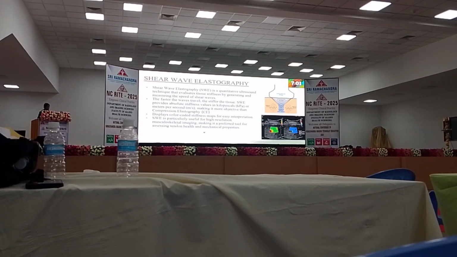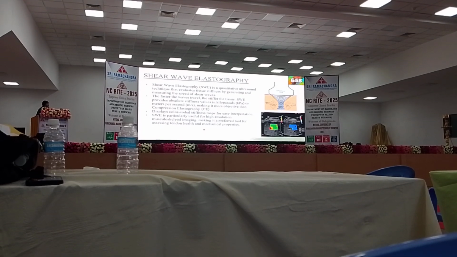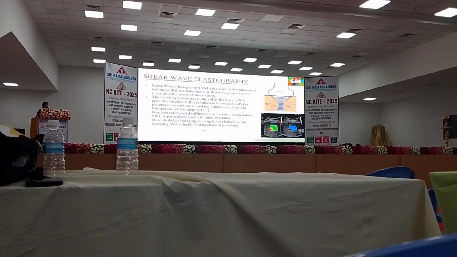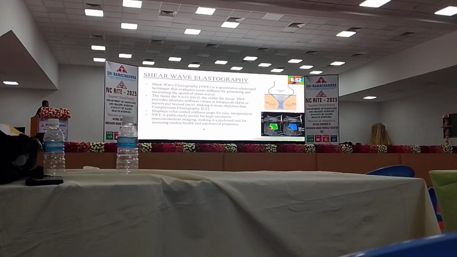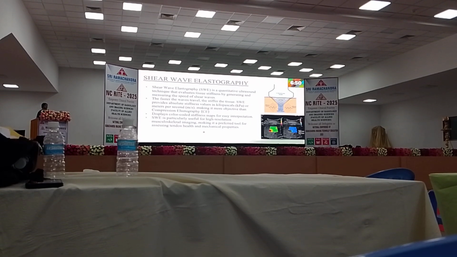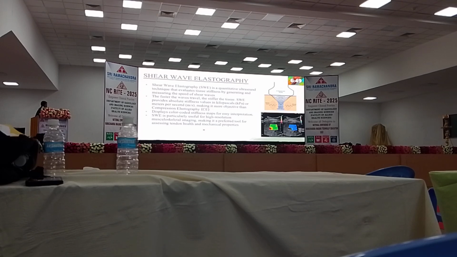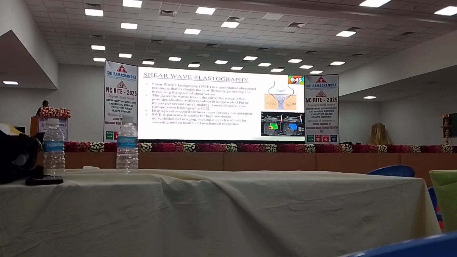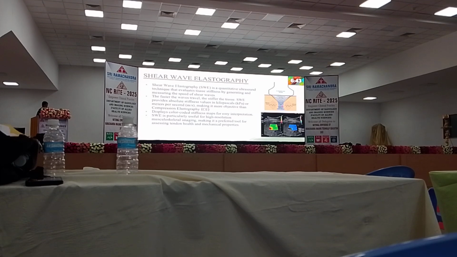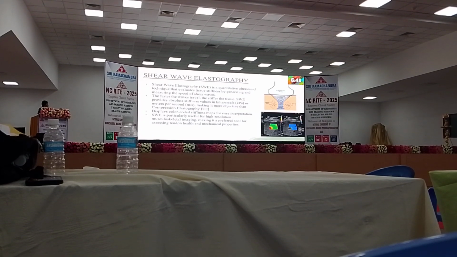Now talking about shear wave elastography. Shear wave elastography is a quantitative ultrasound technique that evaluates the stiffness of tissue by generating and measuring the speed of shear waves. The faster the waves travel, the stiffer the tissue. So SWE provides absolute stiffness values in kilopascals or meters per second,